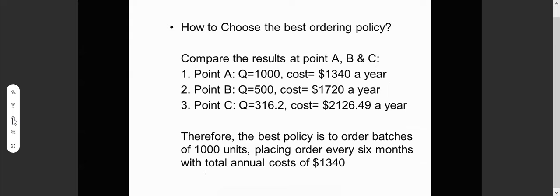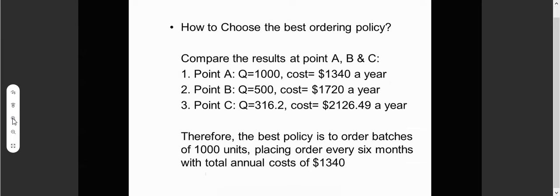So therefore, the best policy is to order 1000 unit with the total annual cost of 1340 ringgit. And the placing order is at every